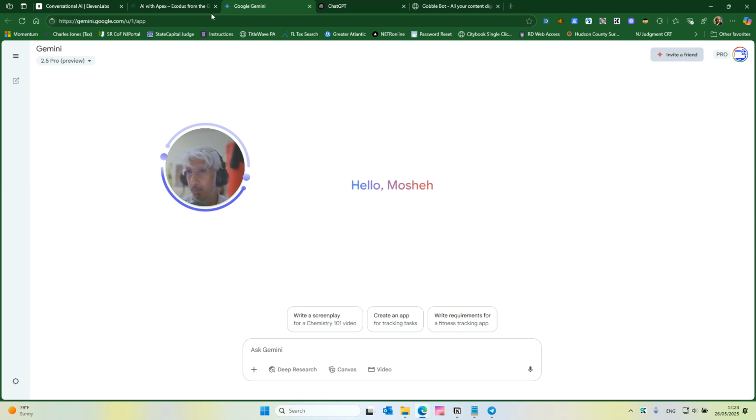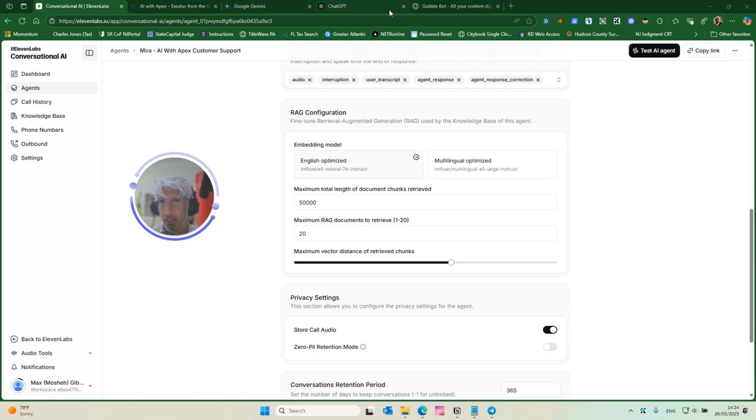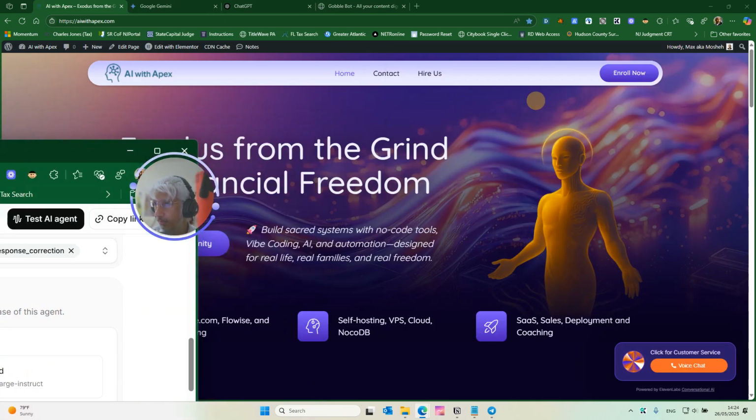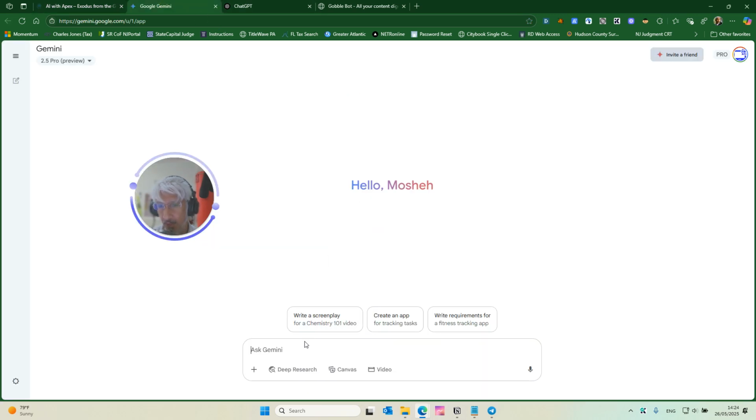So what I'll do is I will go over to an agent here, and I have a RAG system. This is 11 Labs, and it has a specific RAG system, right? The infloat, some instruct. So what I could do, to make sure your knowledge base is optimized, is simply go,